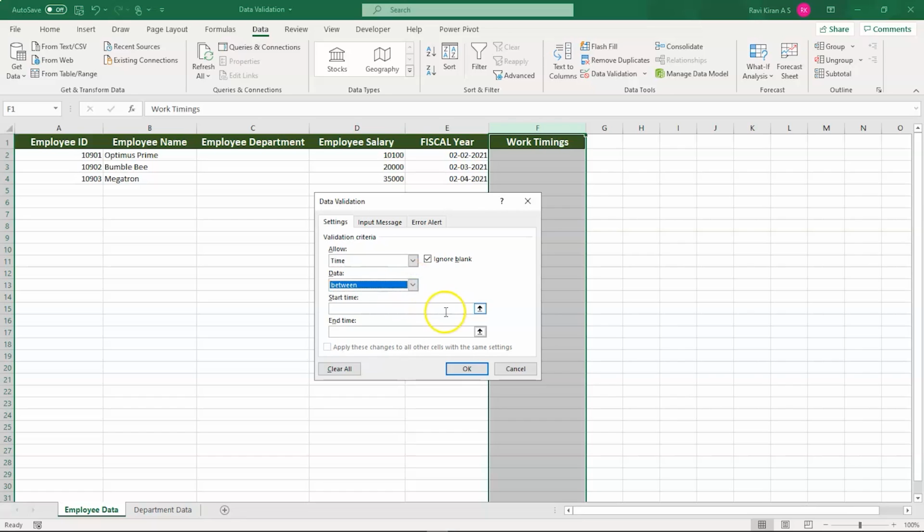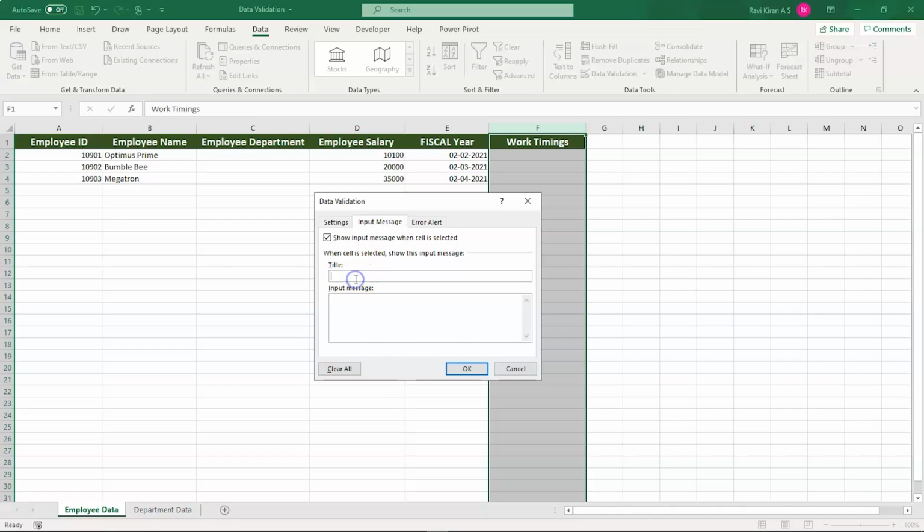It should be in between, and the start time will be 0900, and this should be 17. That is 5 p.m. in the evening.